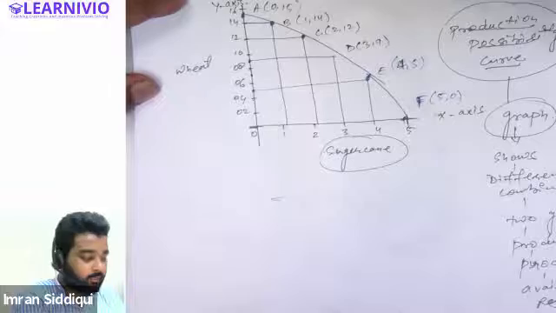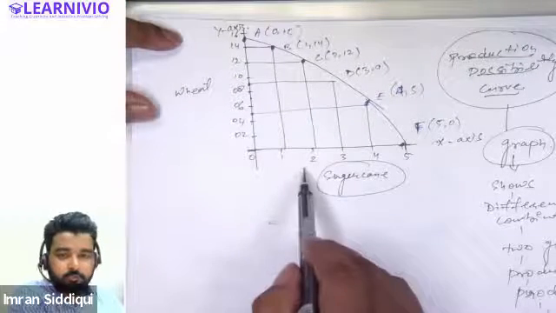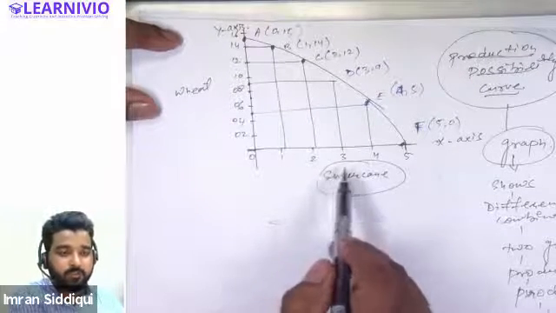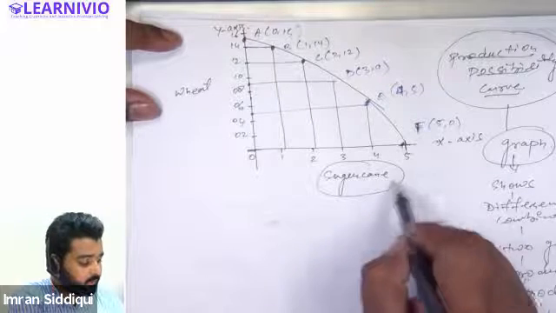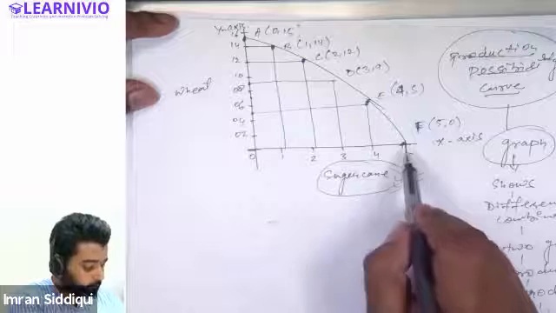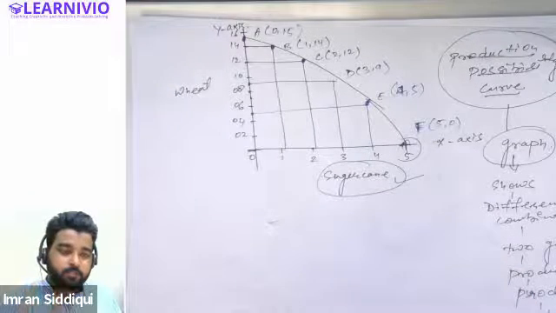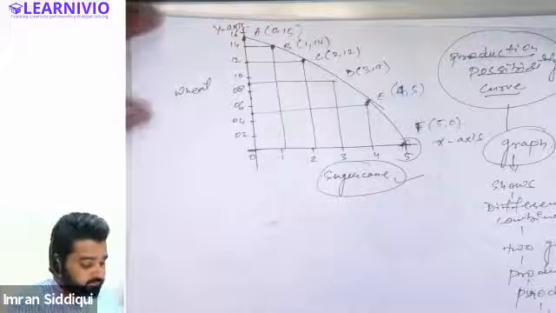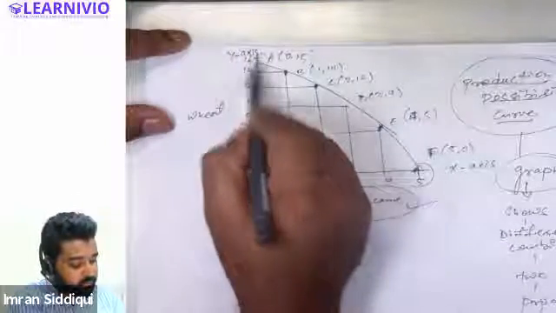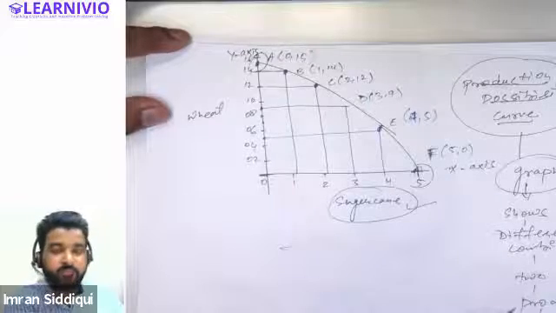So I was saying that the production possibility curve shows the maximum capacity of a producer. Considering this graph, please tell me, if a producer uses all of his resources, land, labor and everything else, for the production of sugarcane only, how many units will he be able to produce? He will be able to produce 5 tons of sugarcane if he uses all of his resources for sugarcane only. And if he allocates all of the resources to the production of wheat, then he will be able to produce 15 tons of wheat.